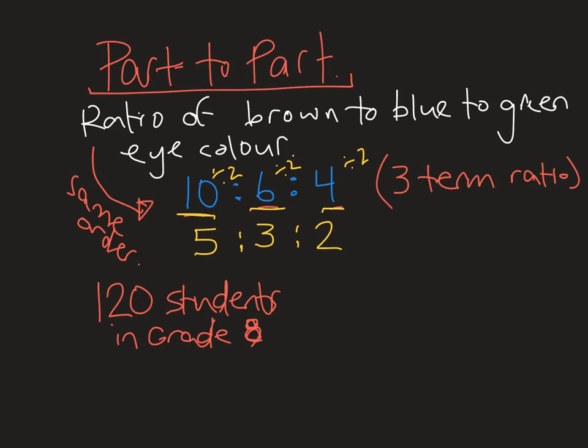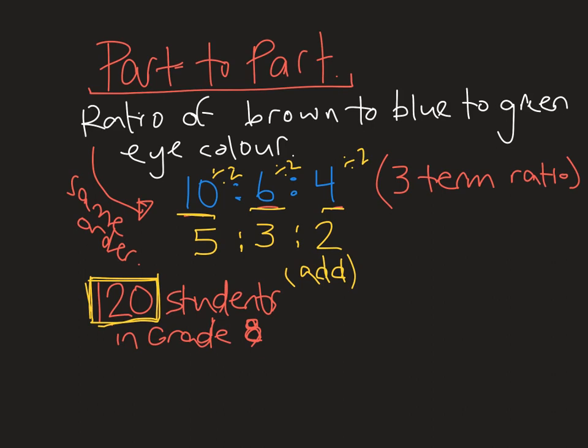Okay, so it's really tricky to just go, oh, 5, 3, 2, how are we going to work up from there? So what you want to do is you want to create the whole. So right now we have a lowest term ratio, so obviously our lowest term ratio has pretty much nothing to do with this 120, okay? Because when I look at this lowest term ratio, I'm never going to get to 120 by just looking at 5 kids and then 3 kids and then another 2 kids. But if I add all of these together,